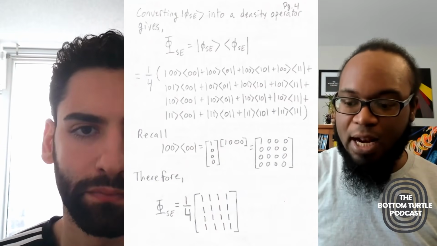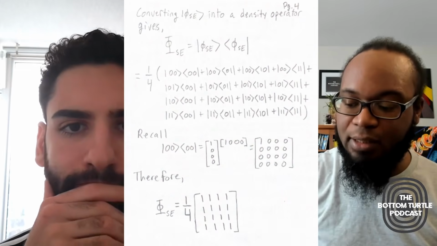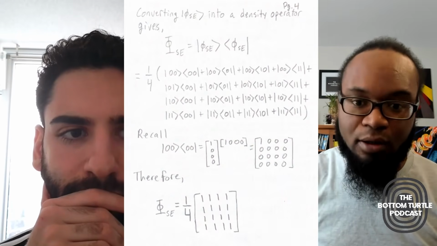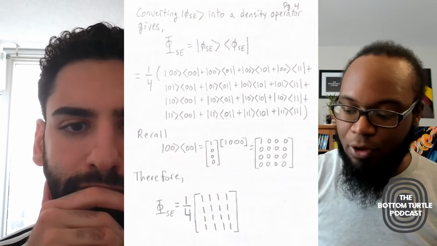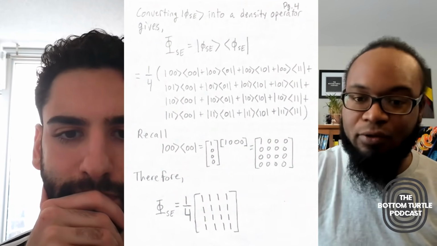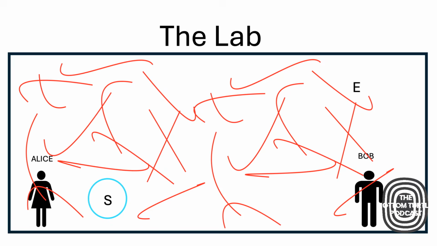I'm going through explicitly, writing out the state in terms of its kets and bras. Below that, where I say recall, I'm showing how I take each one of those elements and turn it into a matrix. But what's the goal of all this? What's the reason for doing this? The goal is, because we started off with the picture of having the environment and the quantum state,